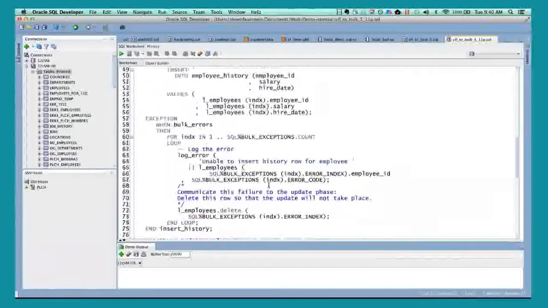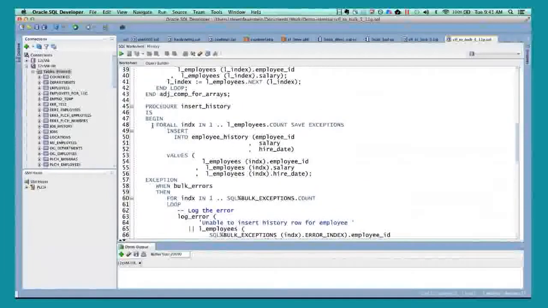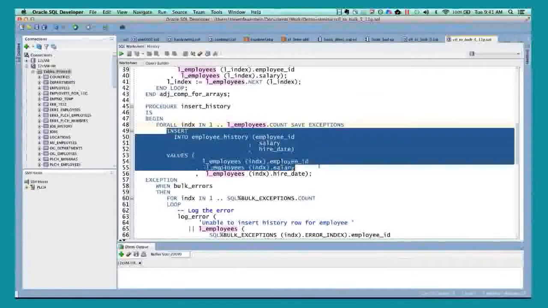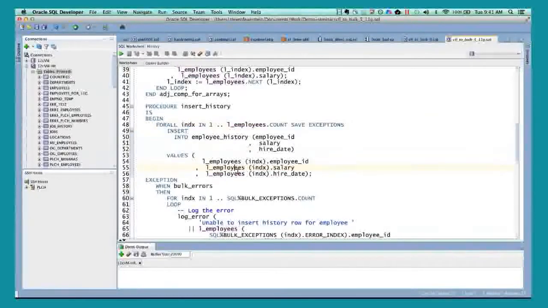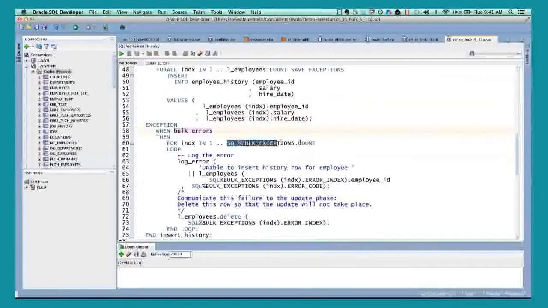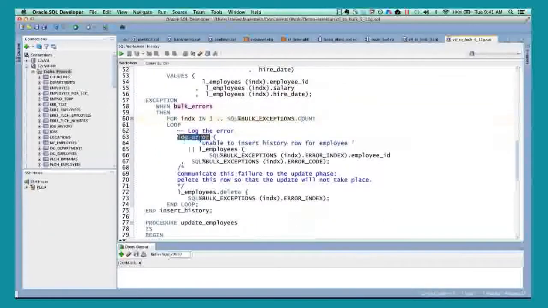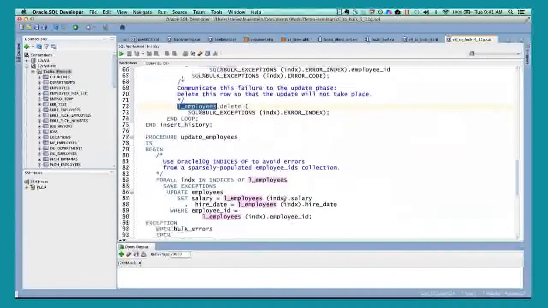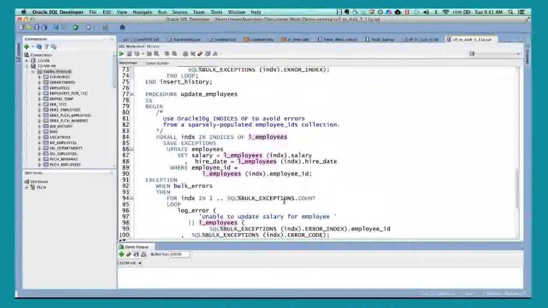And here's what I've done. Rather than doing a single insert, I use FORALL for all the elements in this collection. Construct the insert statement, pass in bind variables from the different arrays, and then execute them. If anything went wrong, I have SAVE EXCEPTIONS turned on. Save the exception information, then iterate through the arrays of errors and log those errors. And then remove those employee IDs from my list of employees, so when I get to the update section, I will not be updating any rows for which an insert failed.